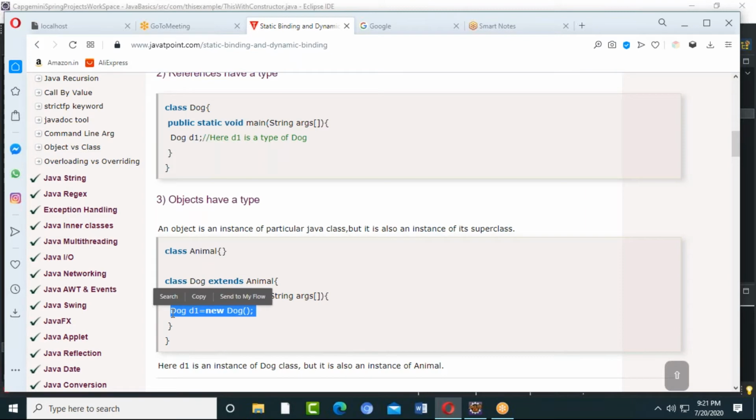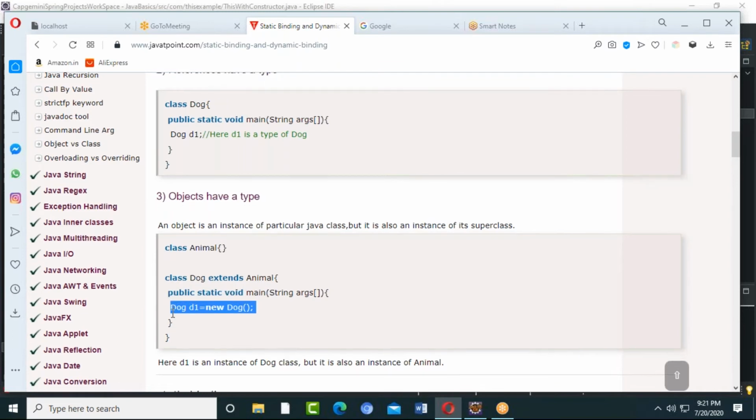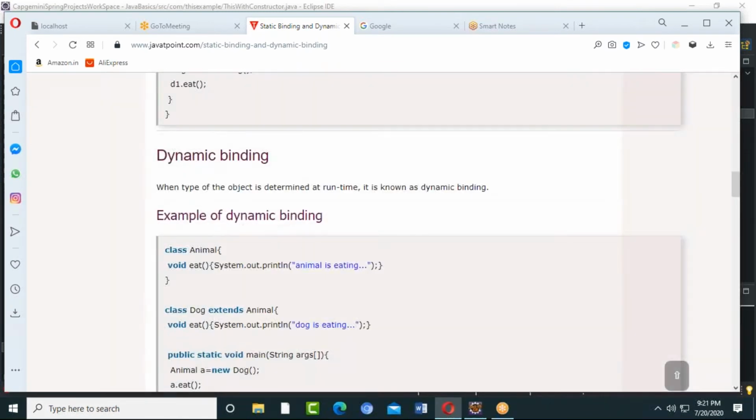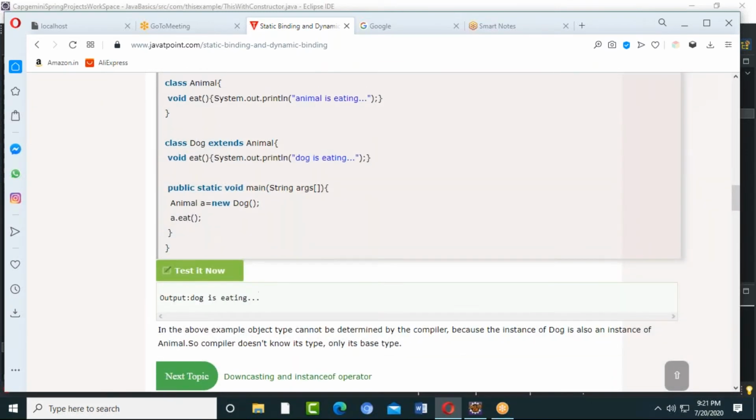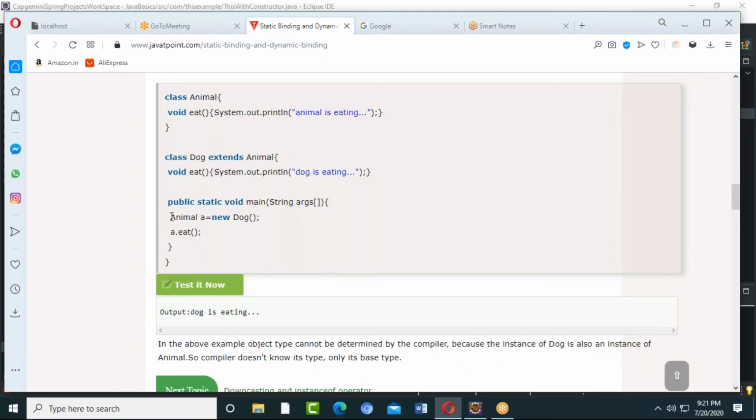So this is decided at the time of compilation only. So if anything is private, final, or static, that means the deciding has happened at compilation time itself. That's the reason for static binding. If it is not a private, final, or static method and you are assigning in such a way, then that is called dynamic binding.